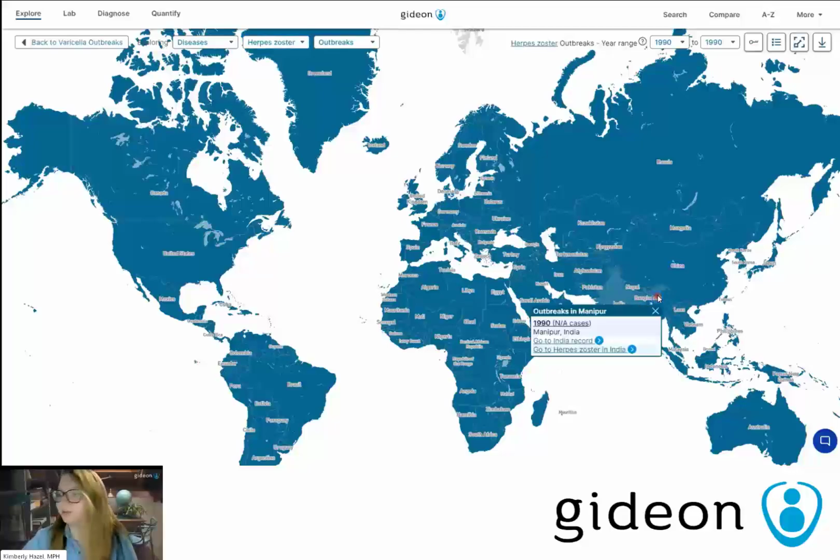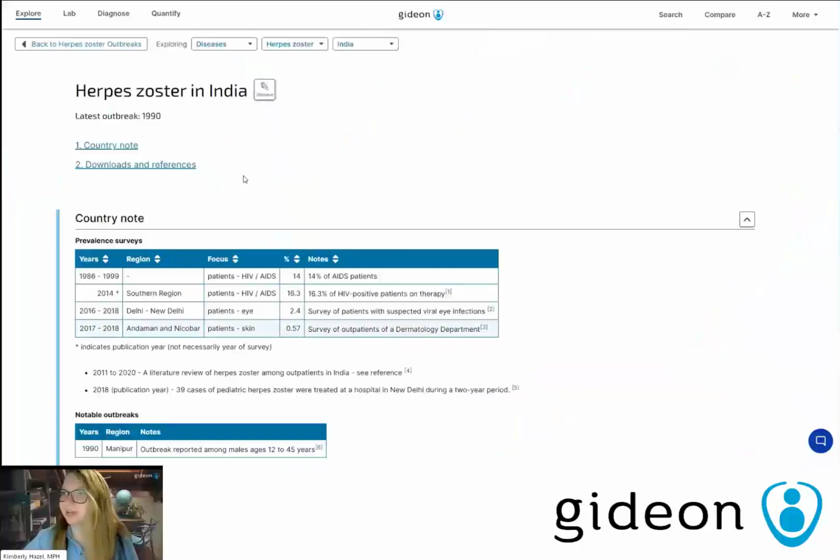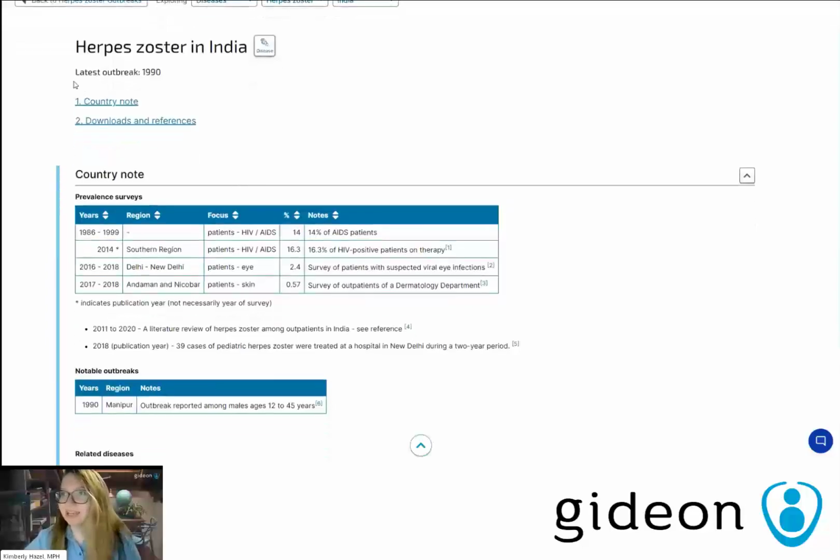And if we click on it, we can get a little bit more information and we can see that it was in fact in India, this outbreak. And from here, if I want to find out a little bit more, I'm able to just go ahead and click in and I can now see specifically herpes zoster within India and I can see when our latest outbreak was. So yeah, interestingly enough, outbreaks for shingles, like I said, don't really happen, and yet somehow we had one